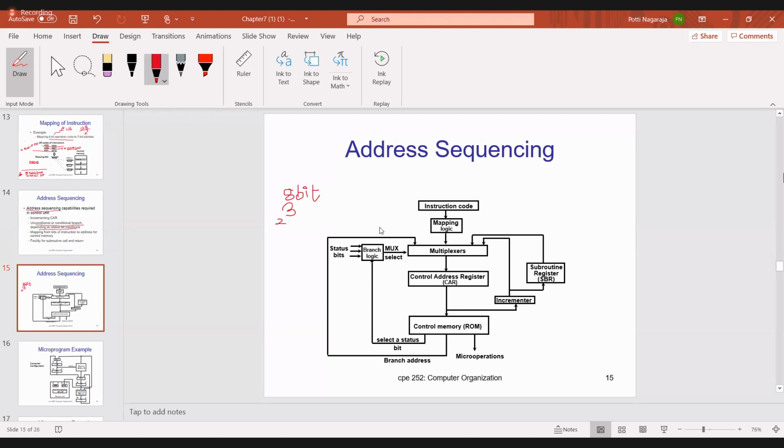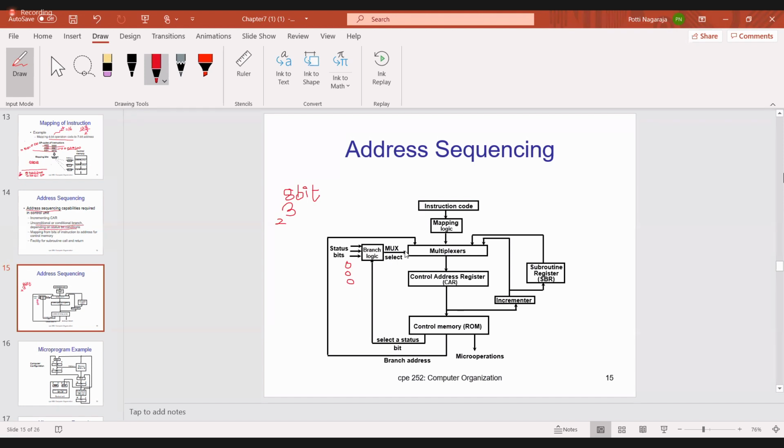So this is the branch logic. There are 8 different status bits, and by using 3 bits you can select one particular status bit at a time. Now if the select bits are 000, which bit will be selected?